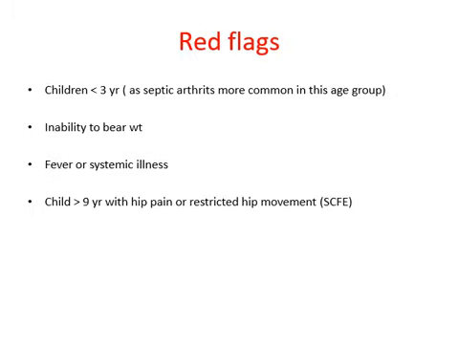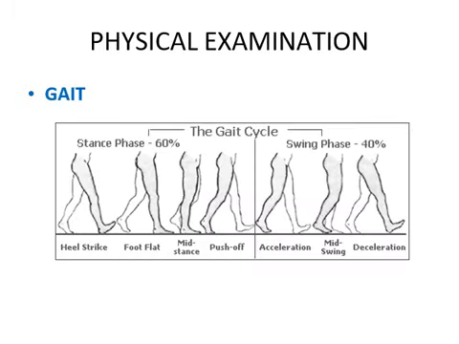The red flags in taking history: if a kid less than 3 years presents with a limp, this is a red flag. If a kid is unable to bear weight, this is a red flag. If it's associated with any fever or systemic manifestation like weight loss, this is a red flag. Those are the items that we should consider when we are taking the history. So moving to the physical exam,